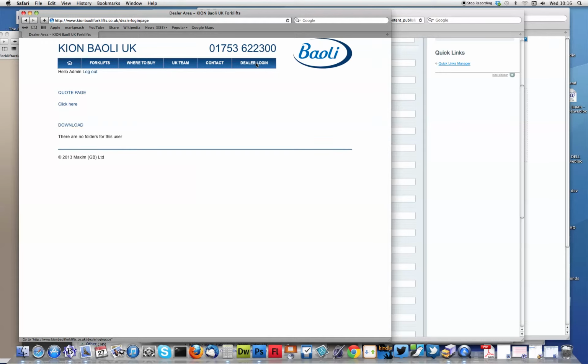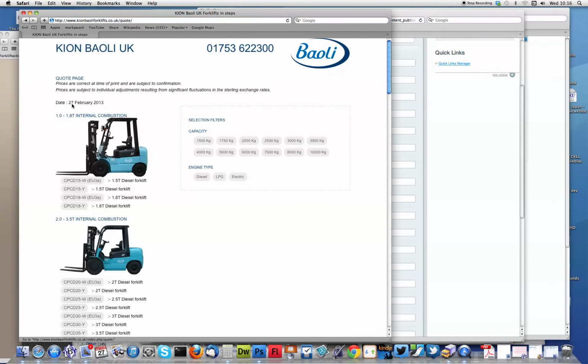So the distributor can give them, say, documents giving them ideas of when they can expect their forklifts to ship to them, how their orders are being progressed, that kind of thing. And then we have the quote system, which is here. And one of the things I want to bring out in the quote system, which the dealers use, is that